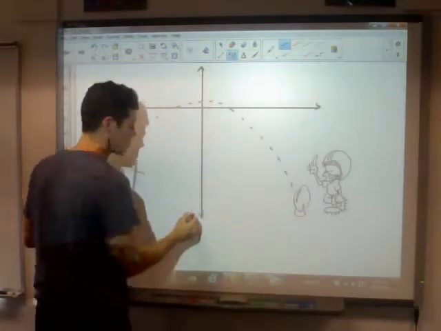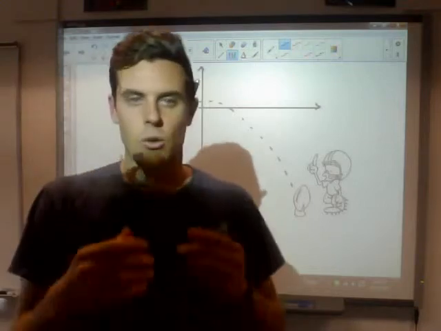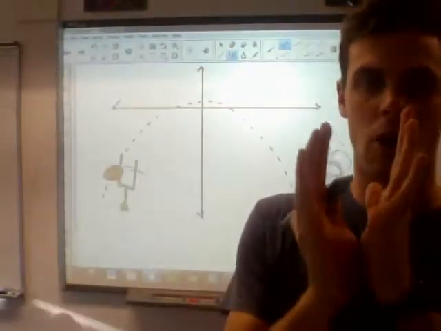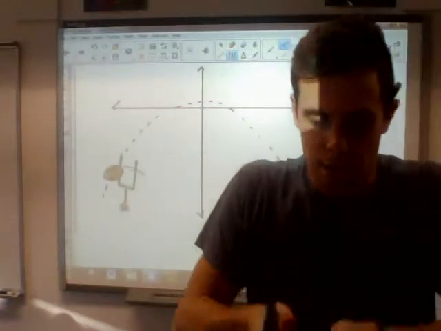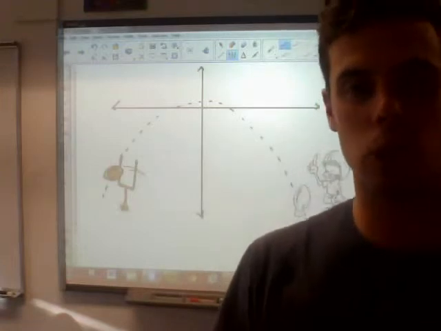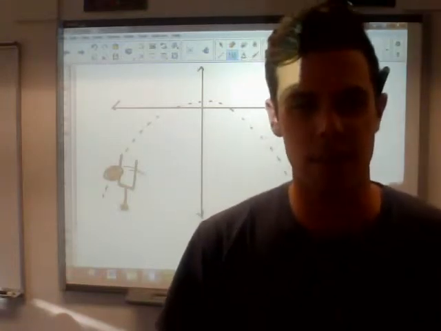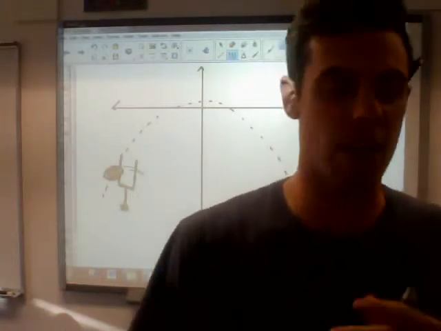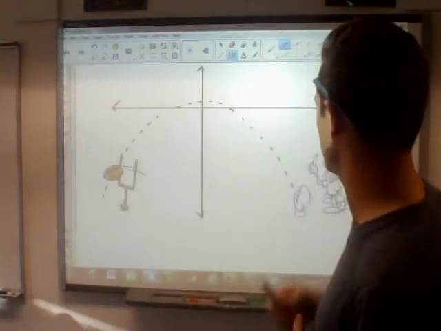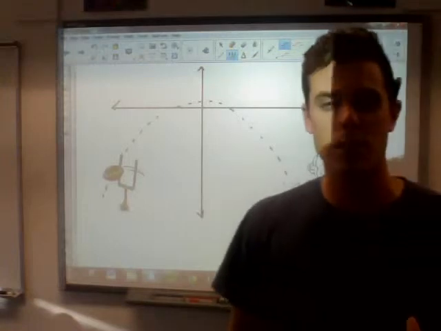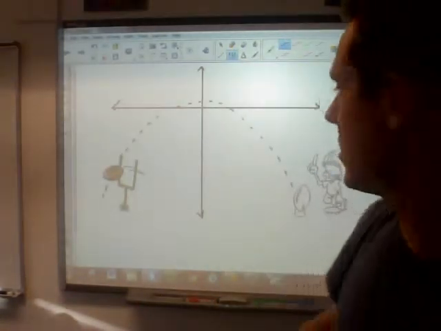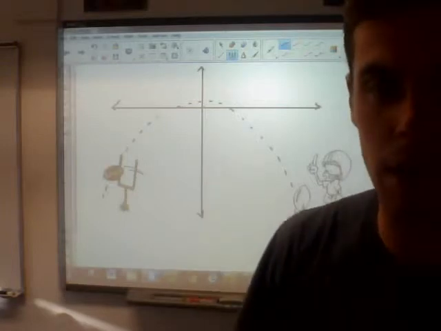Keep in mind that parabolas could be right side up U's, they could be upside down U's, they could be really tall and skinny U's, or really short and kind of wide U's. Parabolas could be any of those shapes. They're affected in different ways by the different variables and the stuff that we add to the equation. So this is an example that we're most used to seeing in the real world. An object under the force of gravity sees this sort of parabola here.